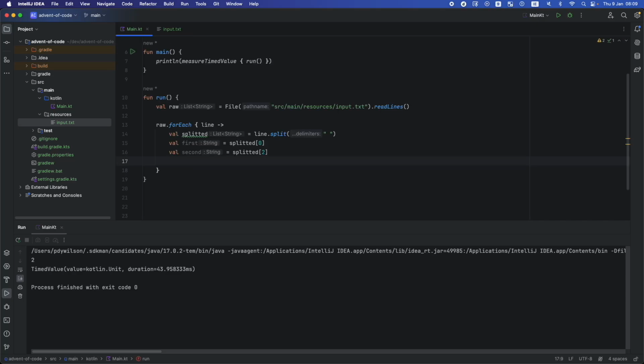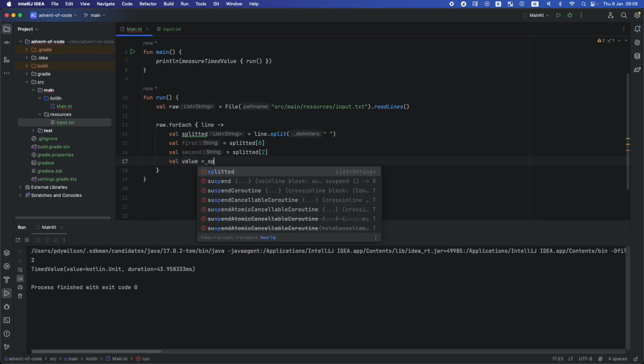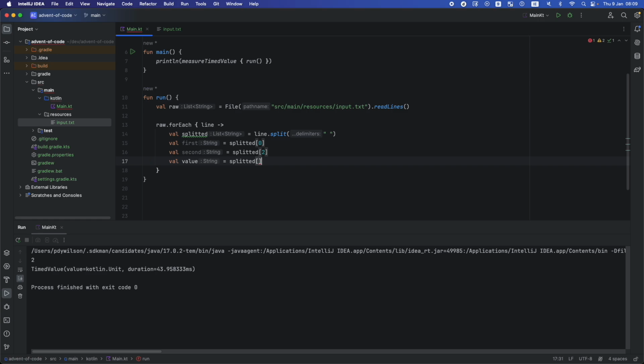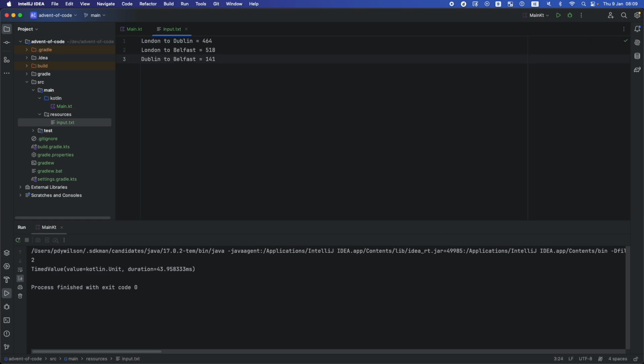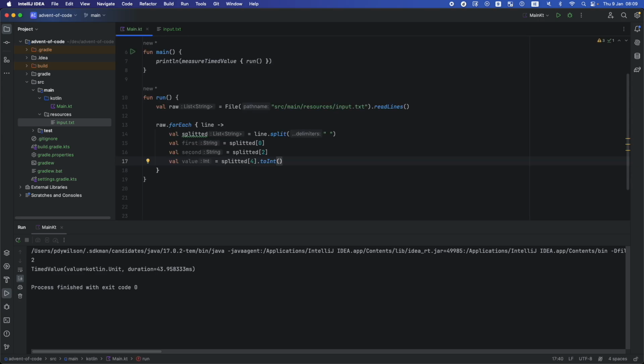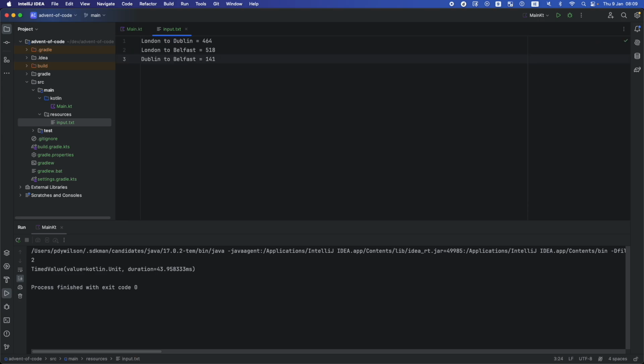First and second, and then value. Split it to int. And then we have